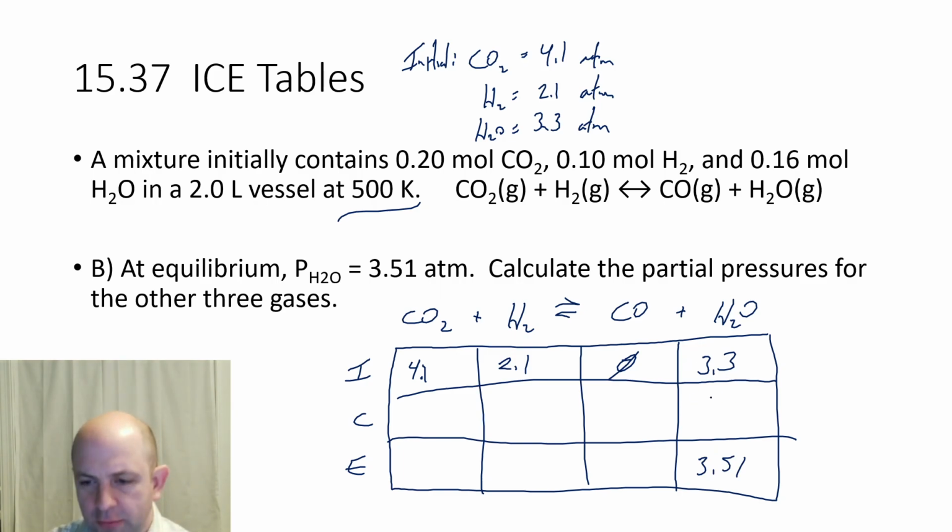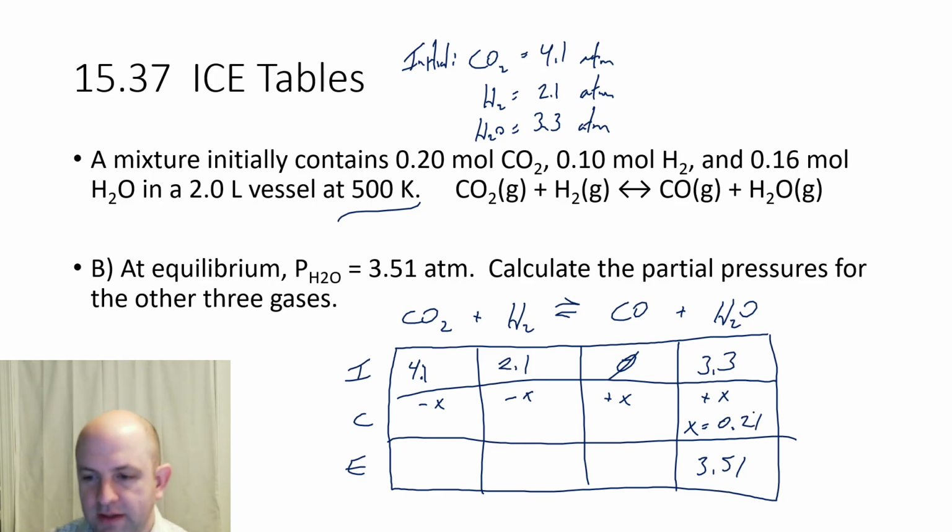But that allows us to say, oh, this is going to be a plus X because it's one product. This is one product. It's a plus X. These two are reactants. It's 1 and 1 for both. So it's just minus X and minus X. Remember, if there's balancing, then it would be 2X if it were 2, or 3X if it were 3 of something. Here it's 1, 1, 1, 1. So it's just minus 1X, minus 1X, plus 1X, plus 1X. All right, but it went up, so it's plus X. We can then solve and say, well, hey, X must be